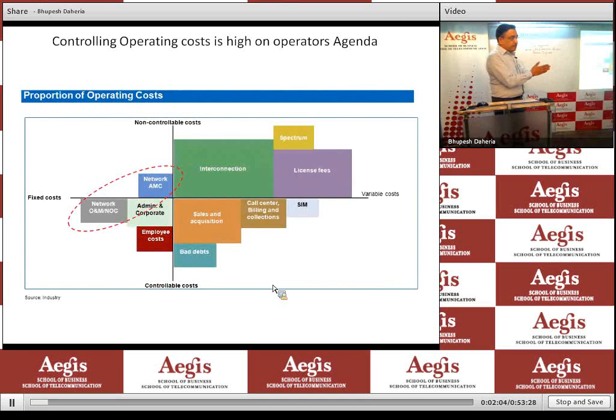As I said, at a different point of time, the percentage of these changes. For example, interconnection cost was very high in the beginning, but as a percentage of business it reduced because, A, the interconnection costs were reduced, B, you have a lot of traffic on yourself,